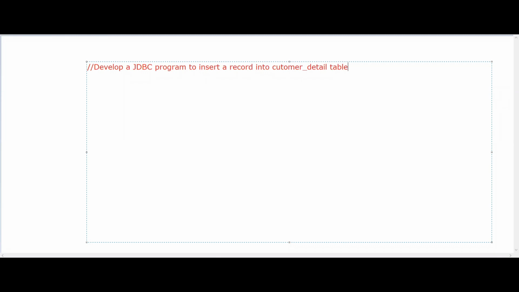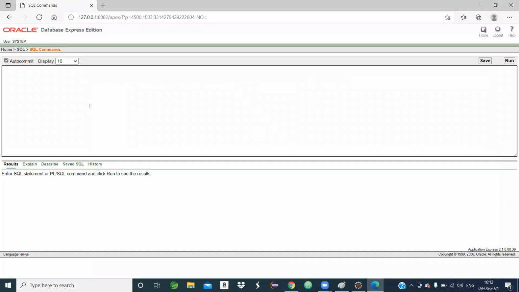Then we will come to our Java environment and write a Java program, that is, a JDBC program. When I execute that program, one record will be inserted into the customer_detail table. So first of all, we will go to our database environment.